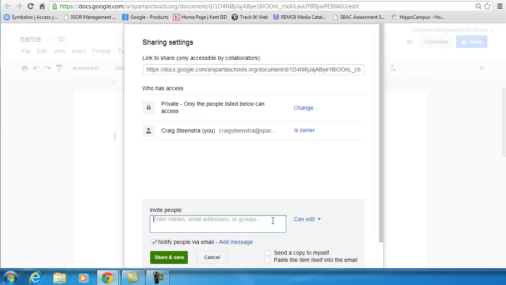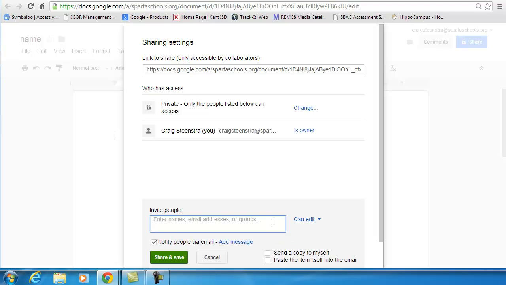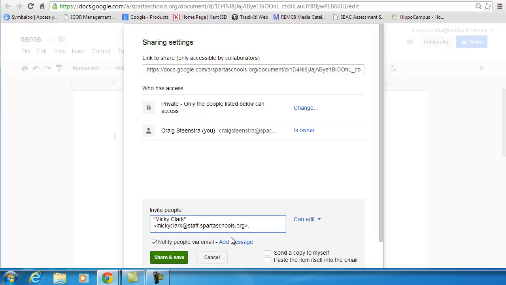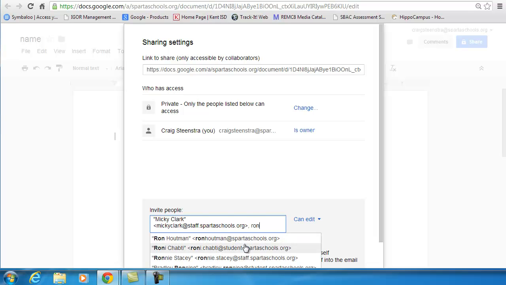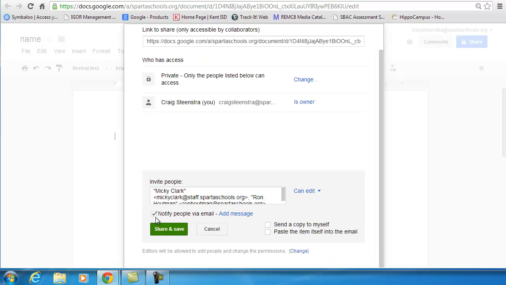So if I click down and invite people, I can start typing that person's name, and when I do that, I can click on that person, and then I'm going to also type in another person that I might want to share with as well. So I can choose whether or not I want them to edit, to comment, or view, and then if you keep it the same, it will give them an email letting them know that you shared it with them. If you don't do that, it's going to be hard for them to know. So when you click Share and Save, they'll be able to access the document